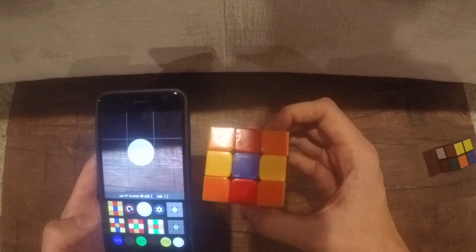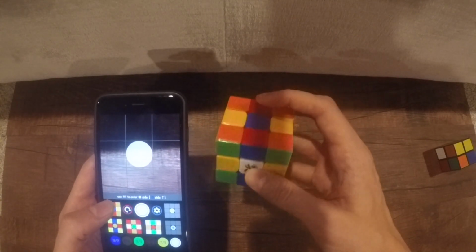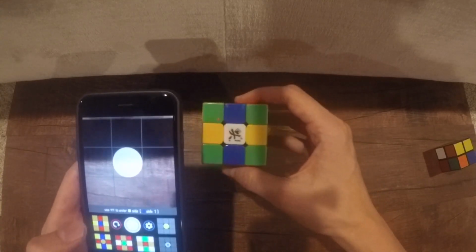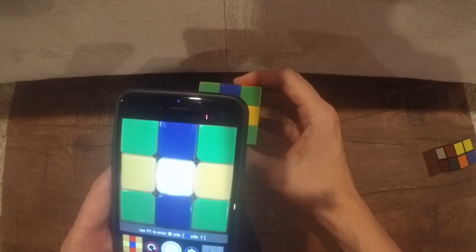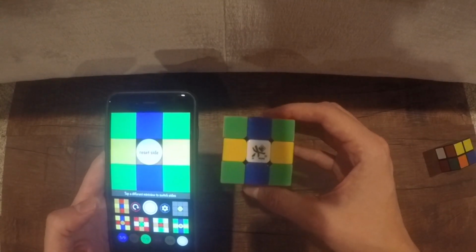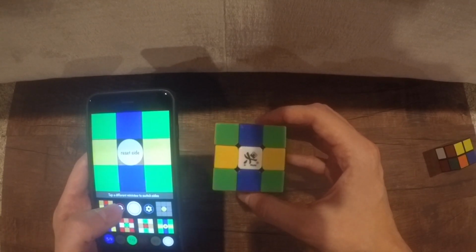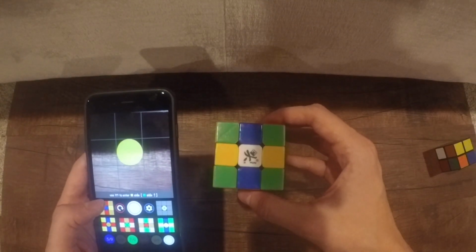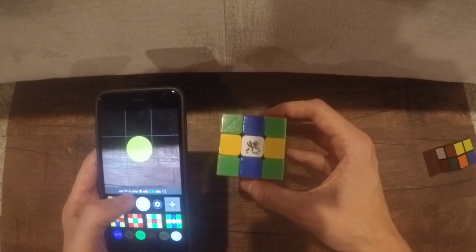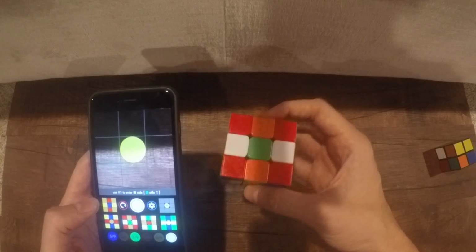Let's tap another mini view. That's the white. And this says enter the white with the blue facing up. Okay, so white side with blue facing up. It's a bit different. So let's go ahead and line this up and enter. And again, we got it all correct there. No corrections needed. And now the yellow side. Let's see what it says to do. Use the camera to enter yellow side with the green side facing up. You can go ahead and do that,